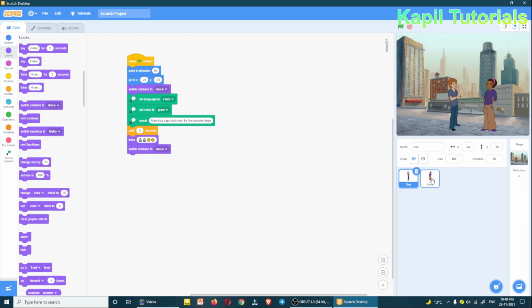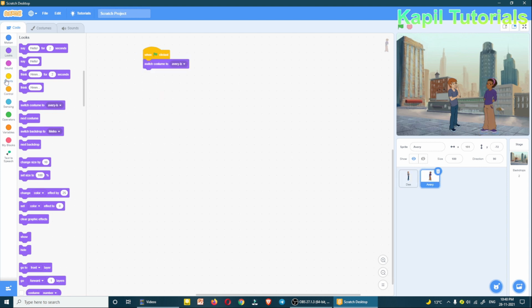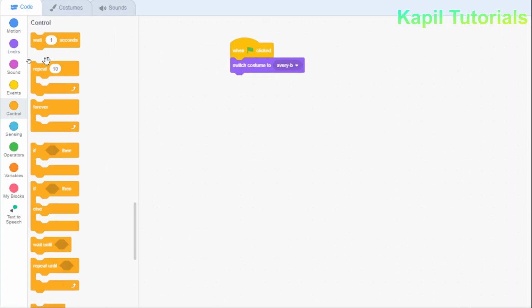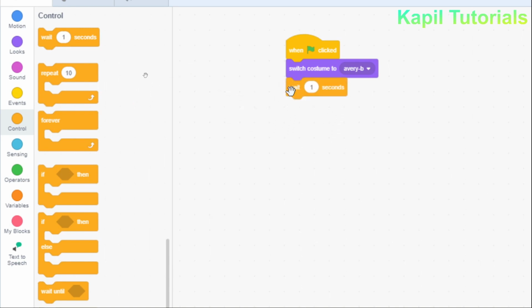I have already done this, so I know that I have to make this character wait for at least 5 seconds. So I'll go to control, click on the wait command, and set 5 seconds.